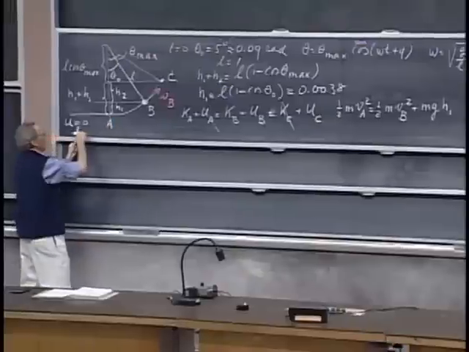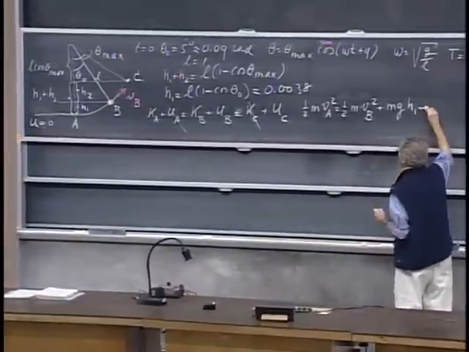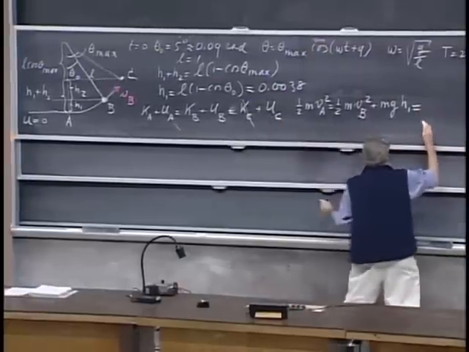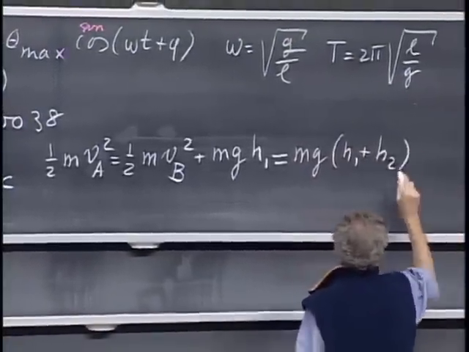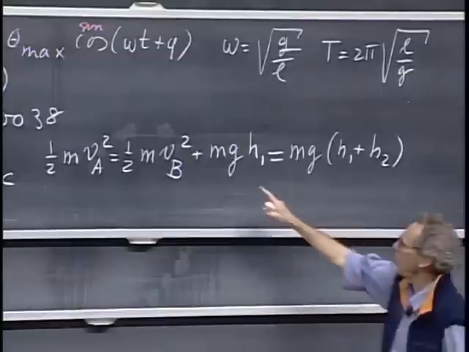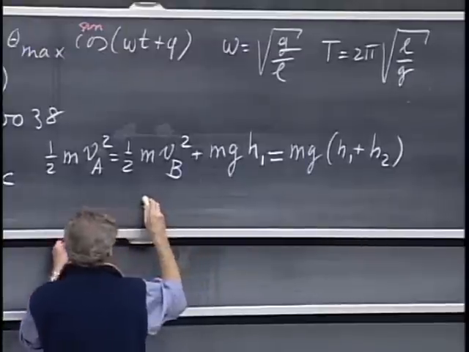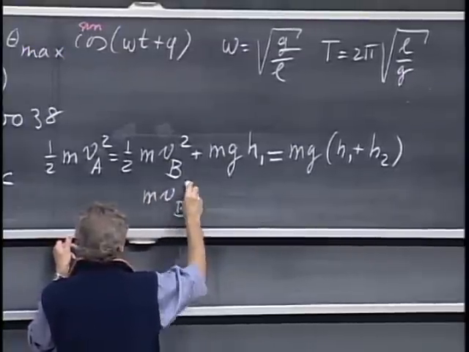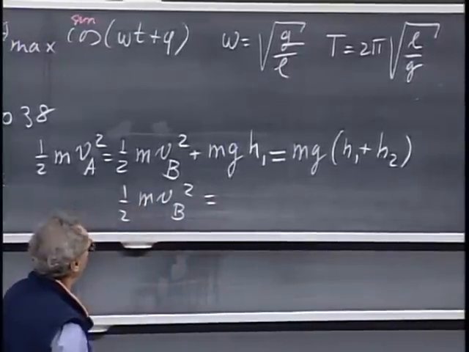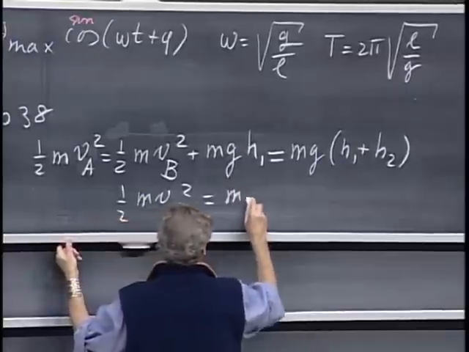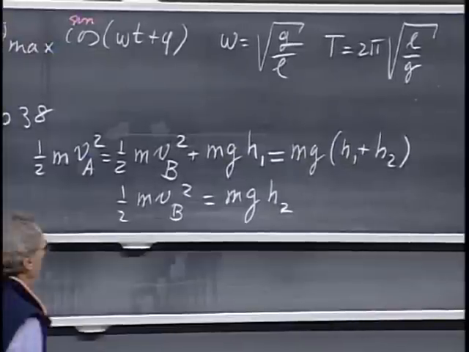It's higher than this point A by the vertical separation h1, and that equals the potential energy at point C, which is mg times (h1 + h2). If you compare this part of the equation, you see that you lose mg h1, and so you'll find that m VB squared, carrying the 1/2 for now, equals mg times h2. And so you will find immediately h2